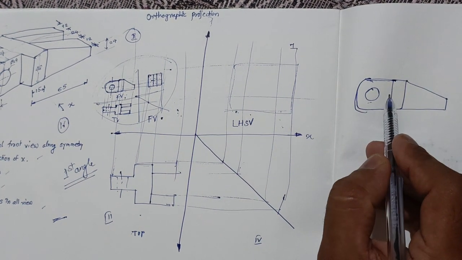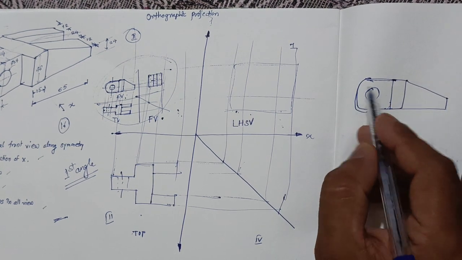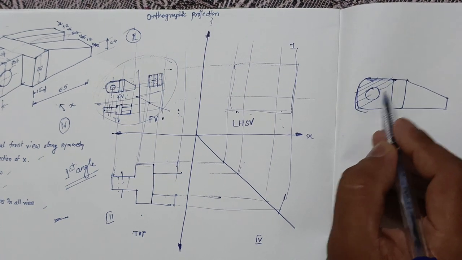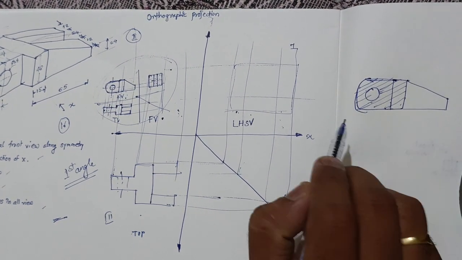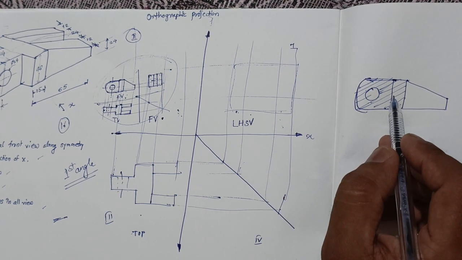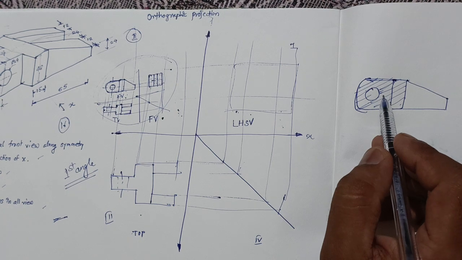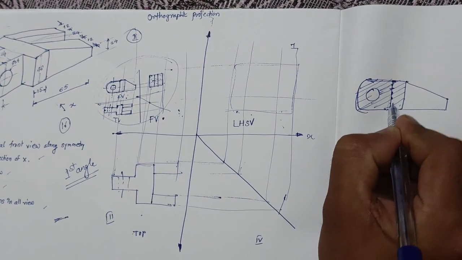In this drawing, the hatching lines would look like this. So these hatching lines would be retained up to this part, and this straight line will be a dotted line. Okay, this would be a dotted line